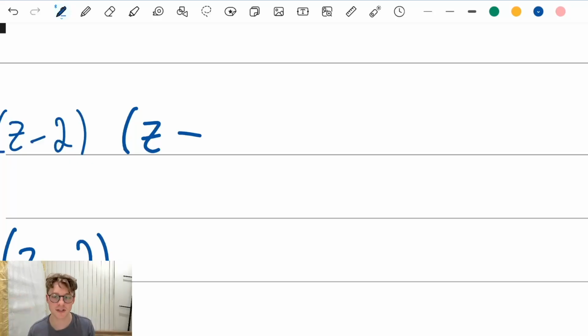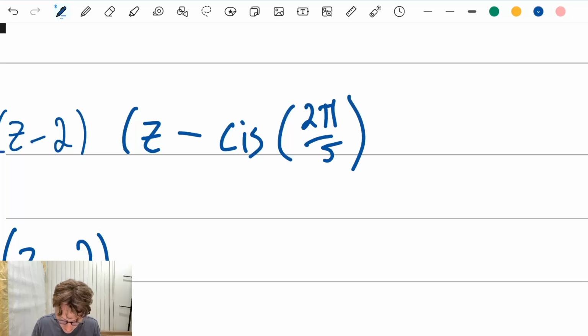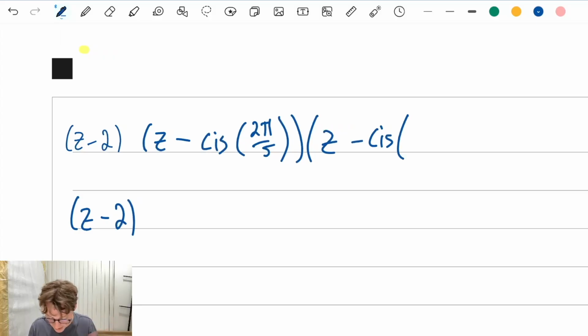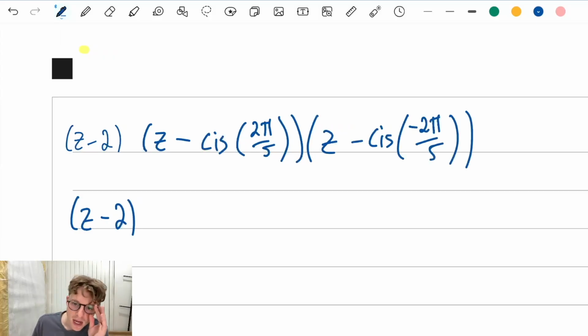Obviously, that's an emergency. So, where I left off is I'm basically going to write this as z minus, in this case, cis 2 pi on 5. And my other bracket is going to be z minus cis, and I'm going to keep it as a negative because I can't take the negatives out if it's in cis form, minus 2 pi on 5, okay? I've now got rid of the trinomial thing, so I don't have to do a billion expansions. That's really nice. And I can use de Moivre's theorem to make everything a little bit